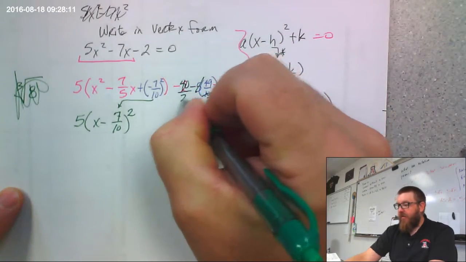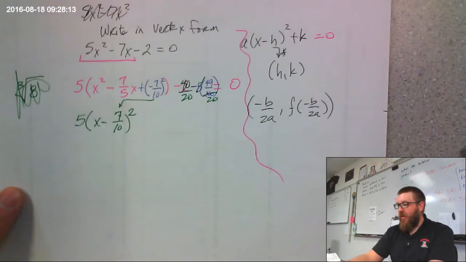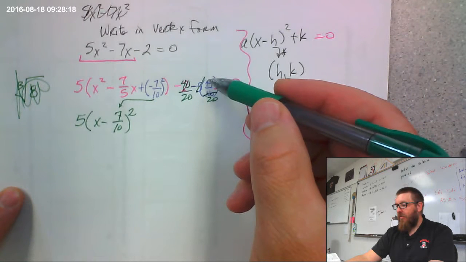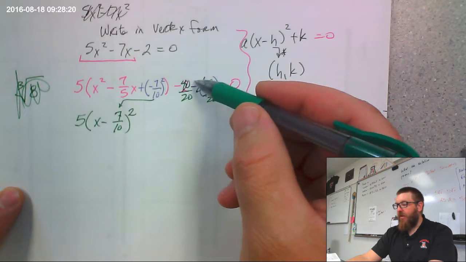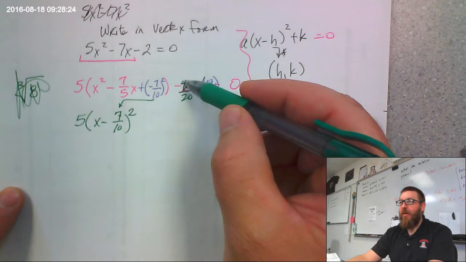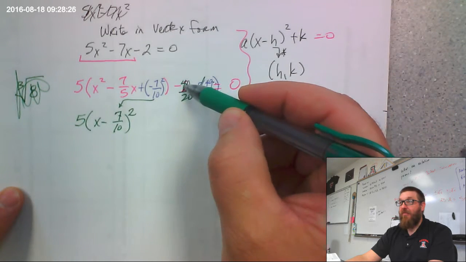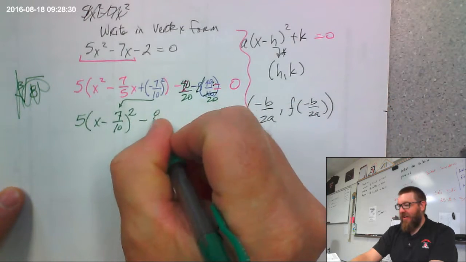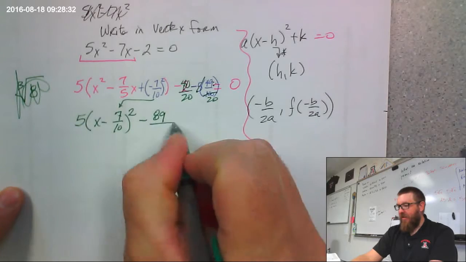This would be 40 over 20, right? That's what 2 equals. So negative 40 minus 49 is what? Negative 89 over 20